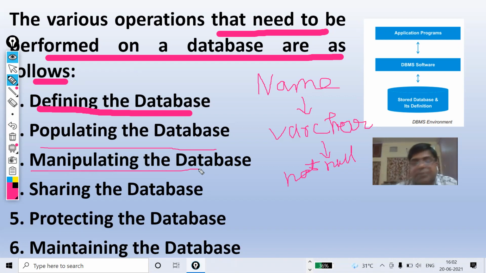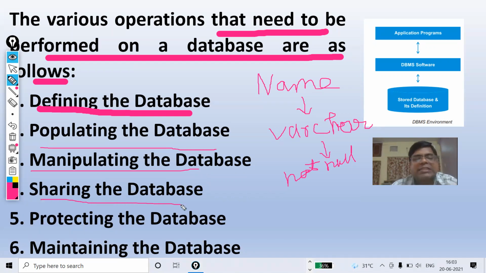It involves modifying the database, retrieving data, or querying the data, generating reports from the database. Whatever your requirement is, that can be fulfilled. Suppose someone's name is written as Amit Kumar, but the name should be Amit Kumar Singh, you can easily modify that data, my dear. It may be a group of data or it may be an individual one. It depends on the user.